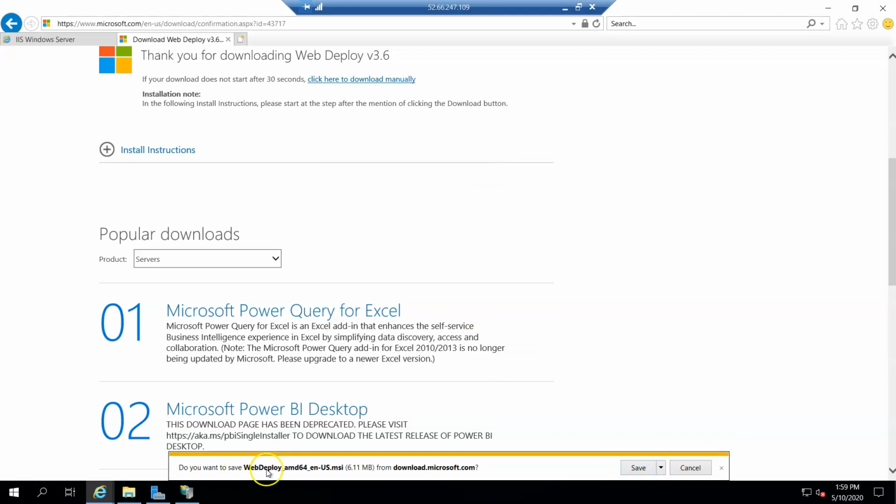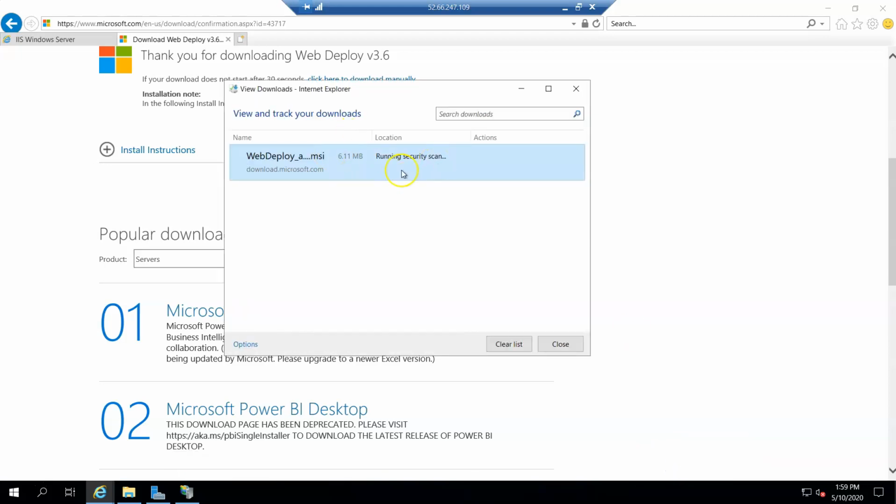So finally it started asking whether you want to save it. Either you can download it or just simply save. So you can now see Web Deploy is downloaded.